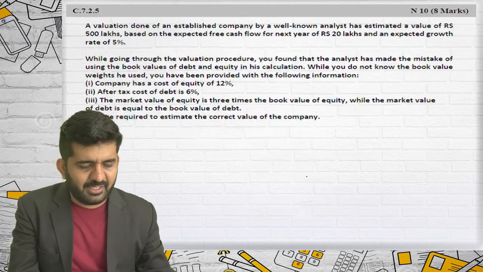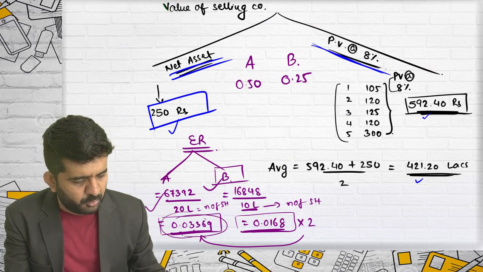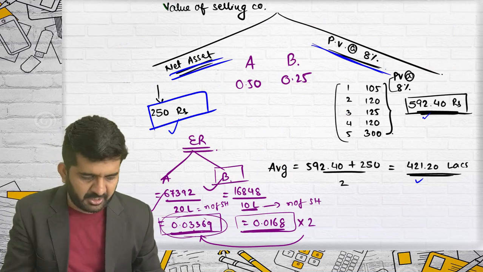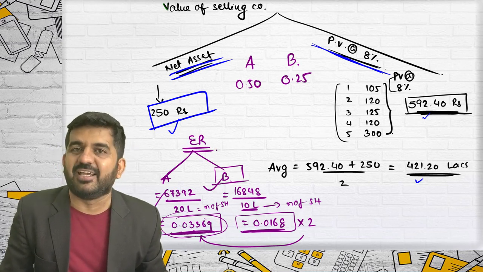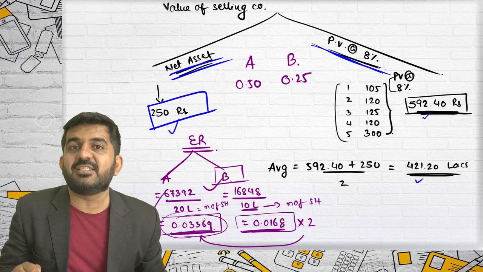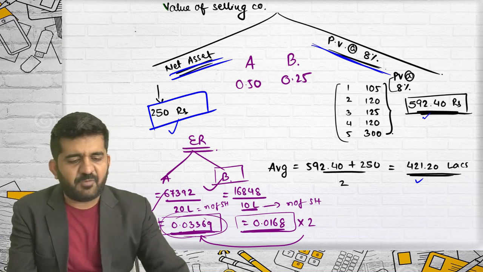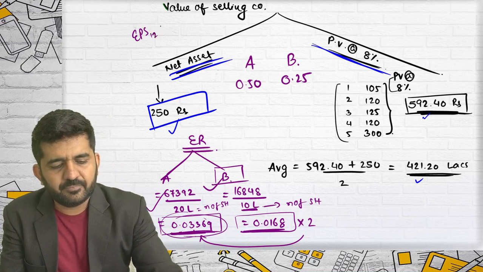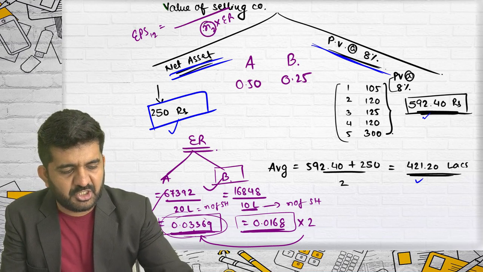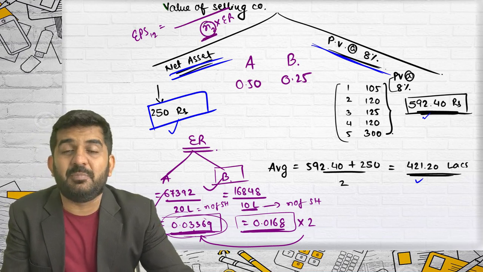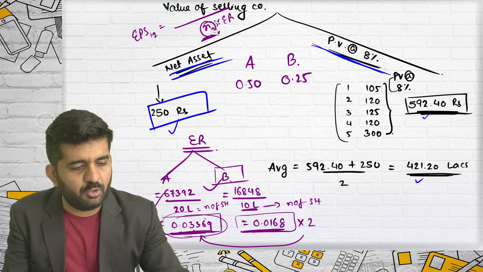See, why I tell you, you say that, sir, this should be a common exchange ratio. If you do it by 25, you will be getting a common exchange ratio, 0.03369. But understand, this is not a correct exchange ratio. Why? Then finding out EPS, in the denominator you will do N2 into exchange ratio. Then your N2 should be taken as 25 lakhs and not 30 lakhs. Then only you will be getting the correct answer.